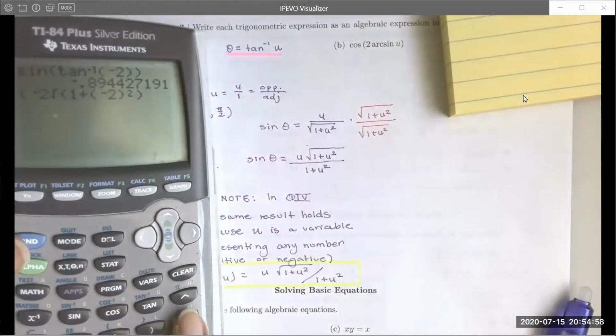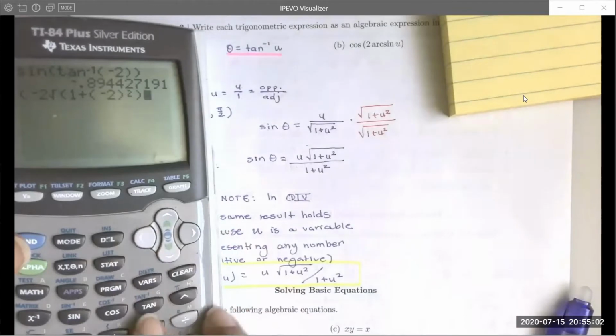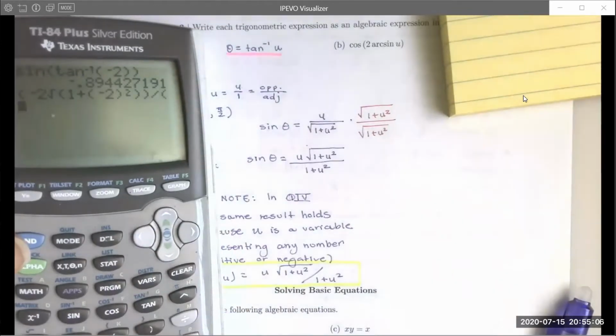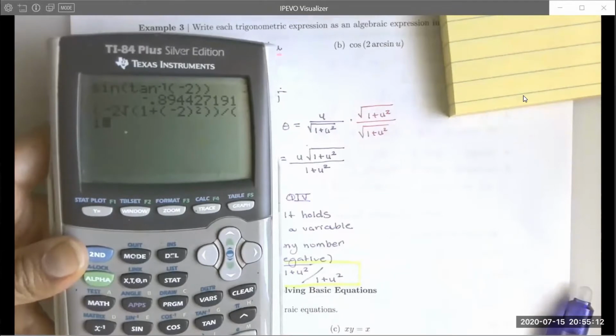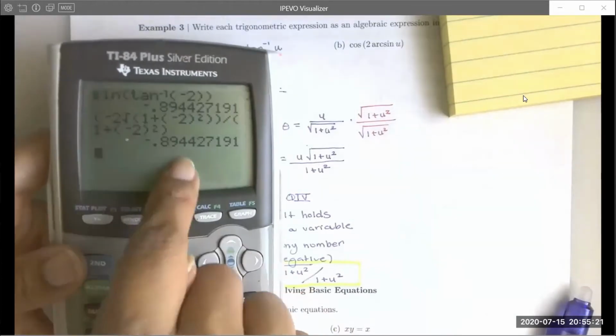Okay, and then divided by, actually let me go ahead and close the numerator. Divided by, I'll group both terms in the denominator as well. So divided by 1 plus a negative 2 squared. And there it is. Both of our values are